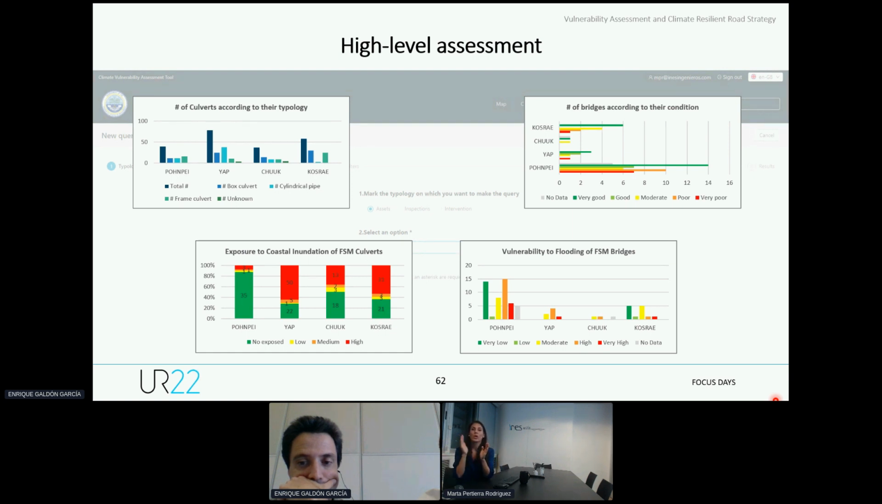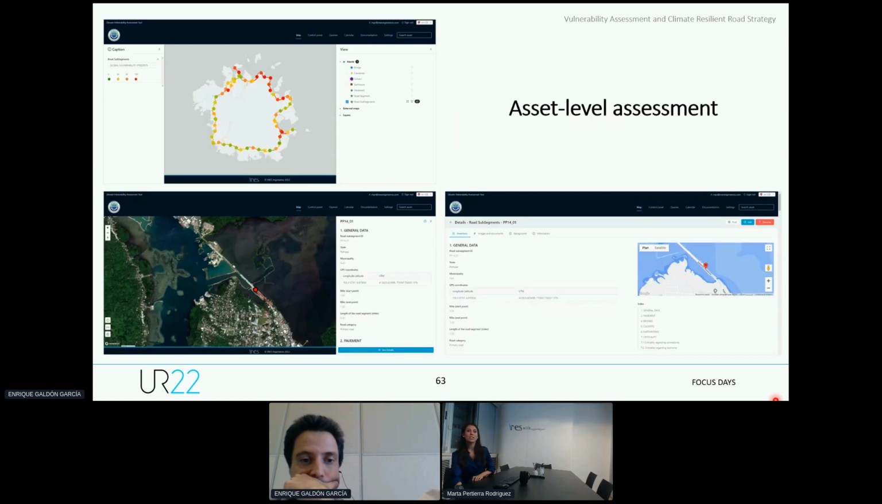But if we want to go into specific recommendations on what interventions to do on repair or adaptation, we can move to the next slide. And let me show you some cases. So if we want to run asset level assessments, you see here on the left, we have Pohnpei Island. If we select one of the segments of the island, we can access, down on the right, an asset sheet where we have all the data displayed and available for analysis. So if we move to the next slide,